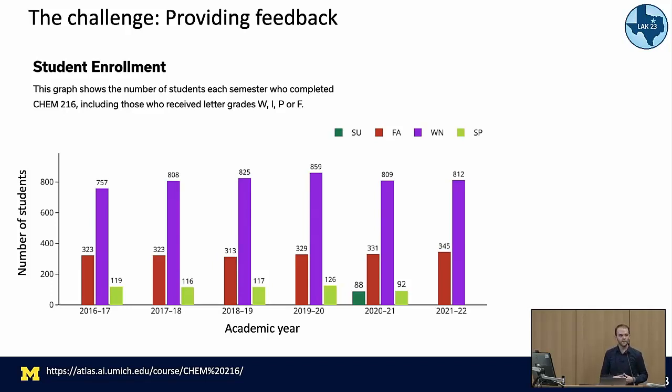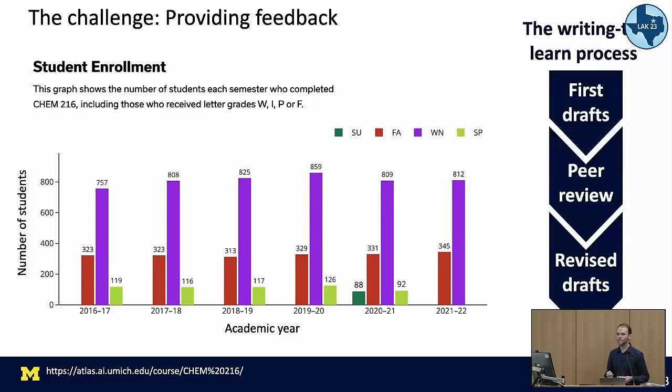One of the other key components with the writing to learn assignments is that we have students submit a first draft of their assignment, undergo peer review that's focused on providing content-focused feedback, and then students have the time and are required to submit a revised draft. So each student is submitting 2 drafts. There are also a lot of peer review comments being submitted. And typically there are anywhere between 3 to 5 writing to learn assignments per course. So you can imagine the sheer number of drafts that students are submitting and how challenging that can be as an instructor to think about how I am going to give students feedback on their writing.